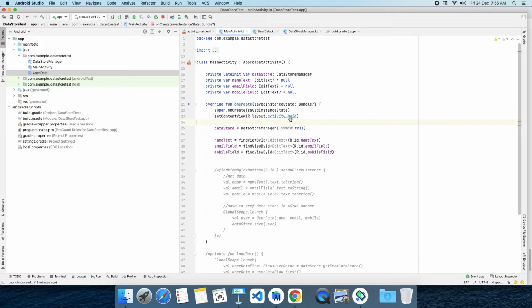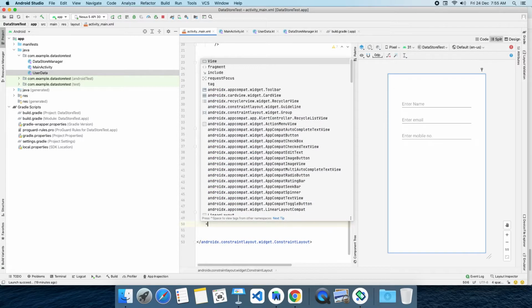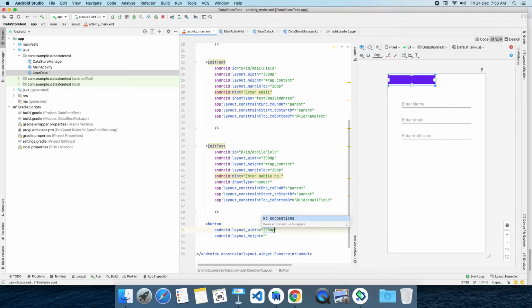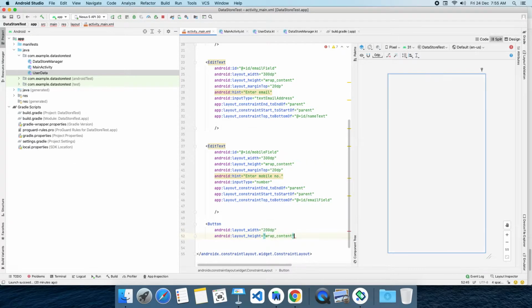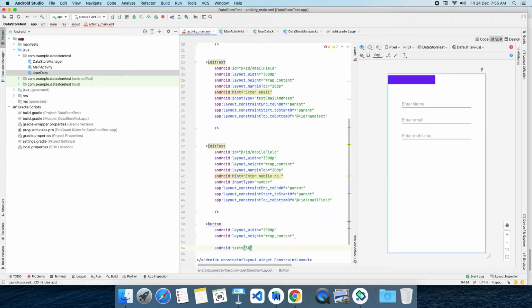Here we have three fields. Now we are going to add one button here. Give it 200 dp as the width, the height going to be wrap content, and the text going to be save.